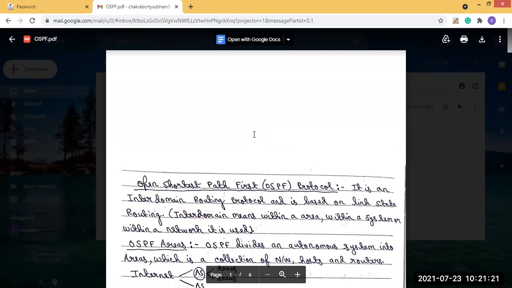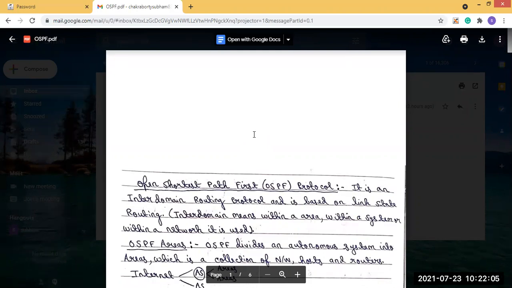Same for node B: it has the information of how it is connected to node A and node C, but not how node A and node C are connected. Same for node C: it knows how it is connected to A and B, but not how A and B are connected. That was explained in the previous class. So each node has partial knowledge, and if we combine this partial knowledge, we get the whole knowledge of the topology.